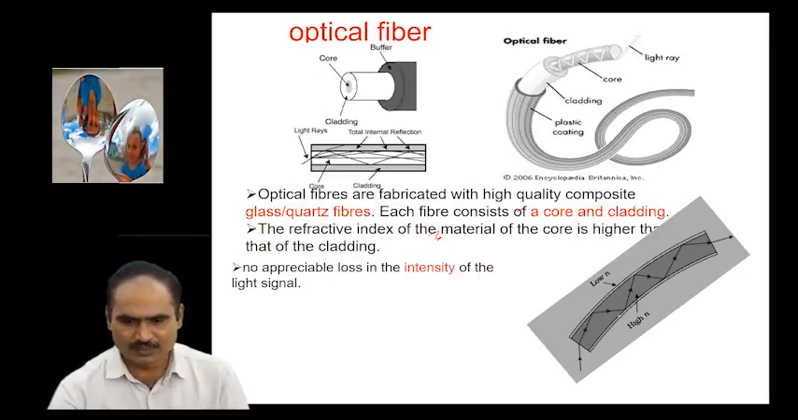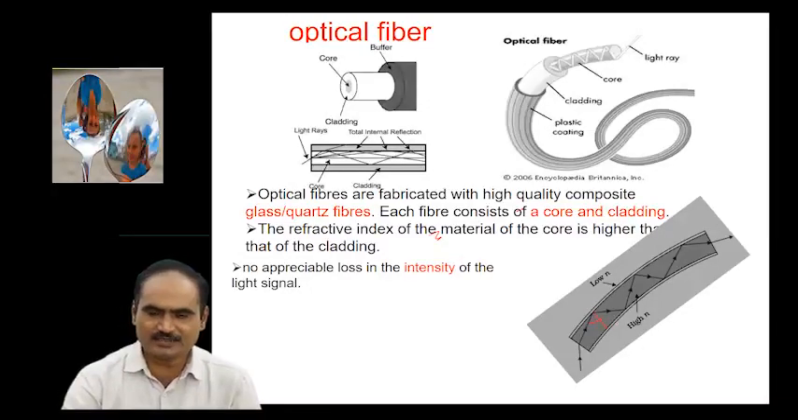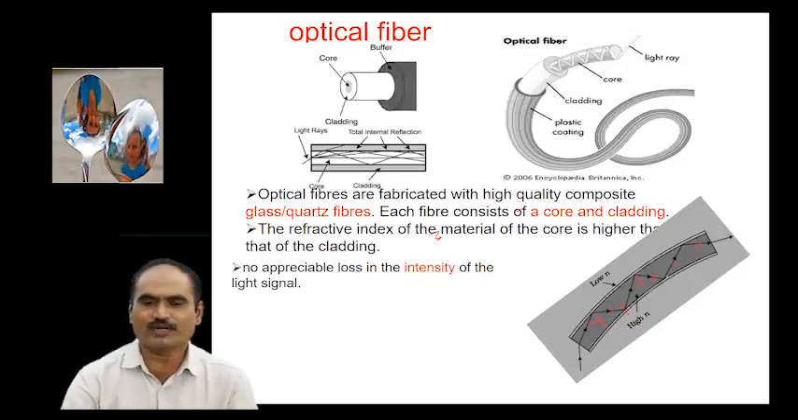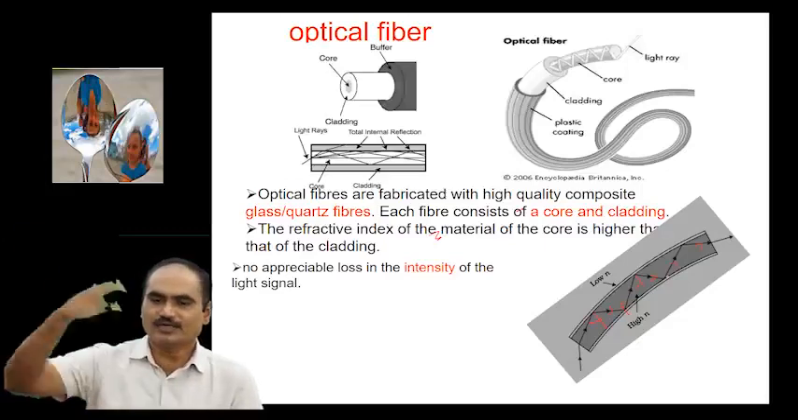Okay. So here you see now. Here I draw the normal. This is the angle of incidence. If this angle of incidence is more than the critical angle, what will happen? It undergoes total internal reflection. Once it undergoes total internal reflection, it goes to the other surface. Here also it undergoes total internal reflection. So like this, the light ray keeps on undergoing a number of total internal reflections, and it goes to the other end